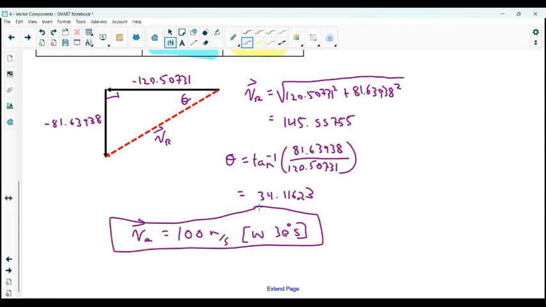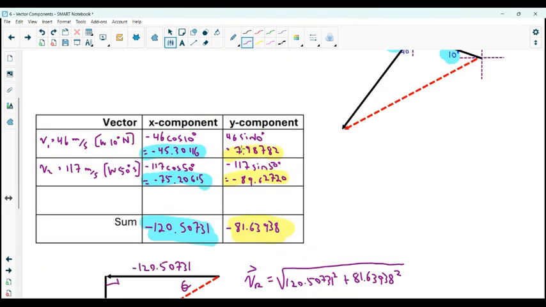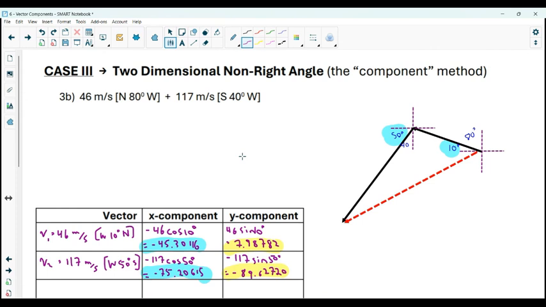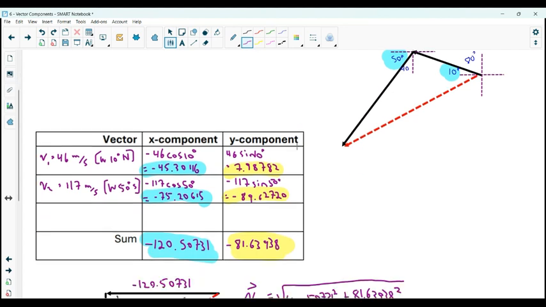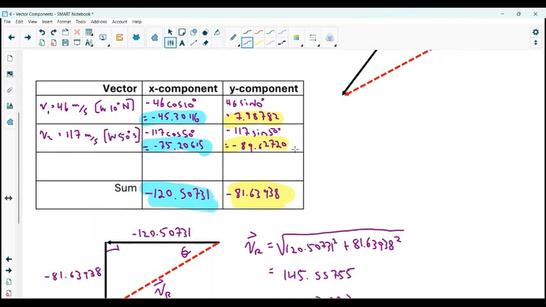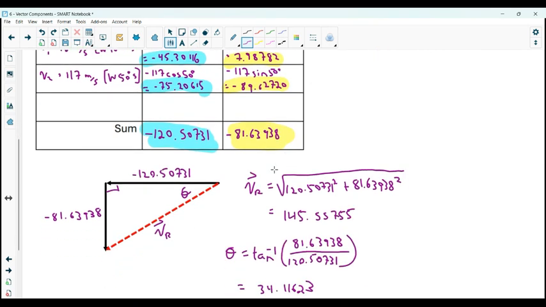Okay, so that's all our example problems. These are a little long. They do take a bit of work. Let's do a really quick recap of what we're doing. We look at our vectors that we're adding up, no matter how many there are. We draw a picture of what they look like. Just sketch it out quick. We draw a cute little table. In the table, we take each of the vectors and we take their x and y components. We add up all the x components of all the vectors. We add up all the y components of all the vectors. We draw all the x components added up together and all the y components added up together, and that makes